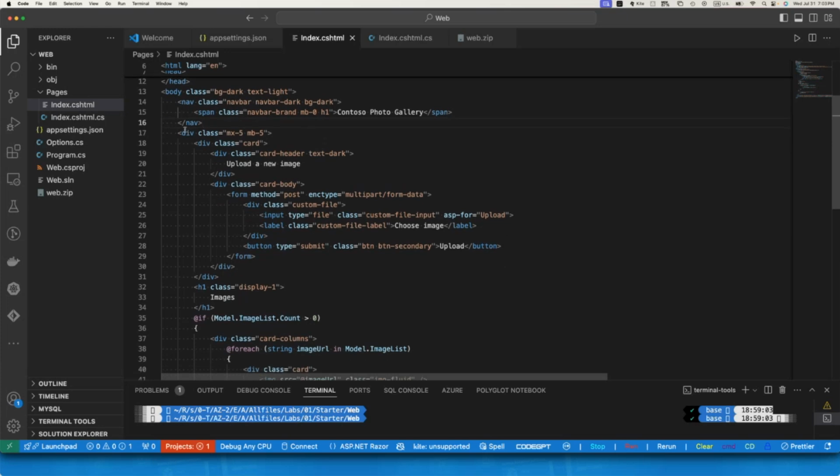And under that body, we have a navigation bar, okay, and also we have a div, right? Under that div, we have a card, right? Where it talks about uploading a new image. Okay, there is a text box. We can upload an image, and then there will be a button where you'll click and it will open a